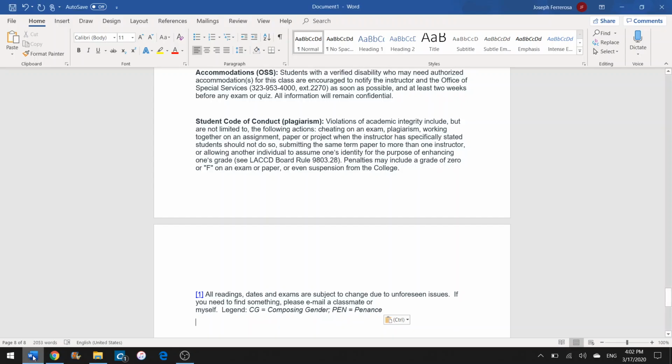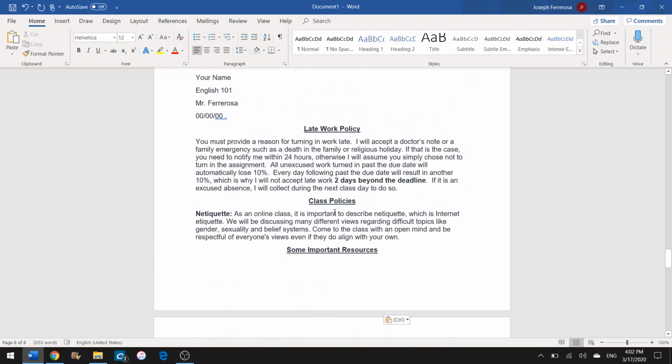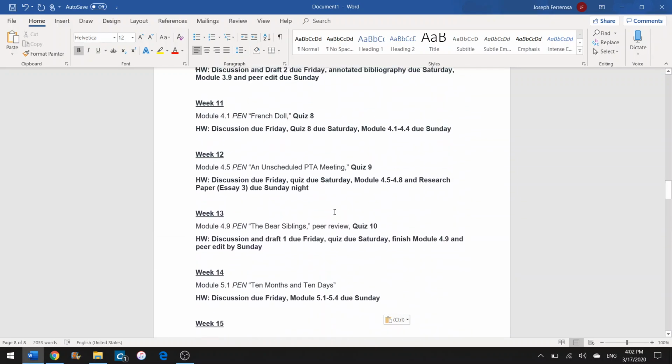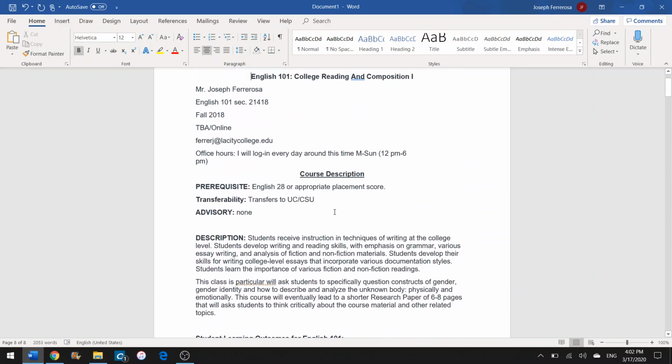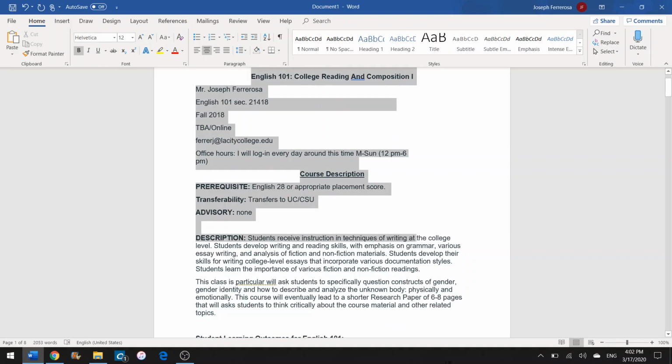Hello. I just wanted to talk about uploading your syllabus. If you have a Word or PDF version of your syllabus, this is going to be very easy. What I did is I just literally copy and pasted everything that I had from my sandbox and put it into a Microsoft Word document, and I'm going to left click it, and then I'm going to highlight